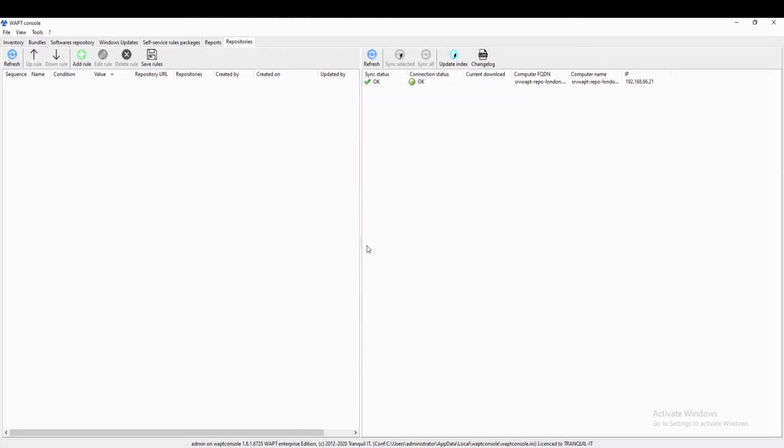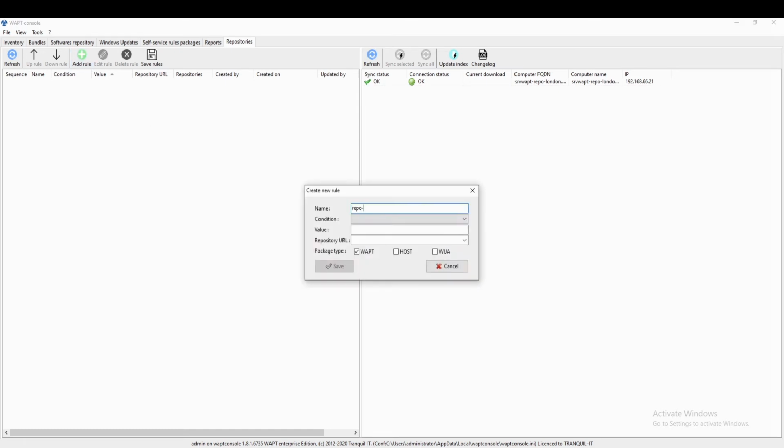So I'm going to add a new rule simply by clicking Add Rule, and I'll call this Repo London. And the condition will be that if my agent's IP is in network 192.168.66.0/24, the repository URL will be srv-wap-repo-london. Also, don't forget to create the DNS record that goes with it, as well as to apply software packages for the Windows update. So to start off, I will add in my condition, my agent IP,